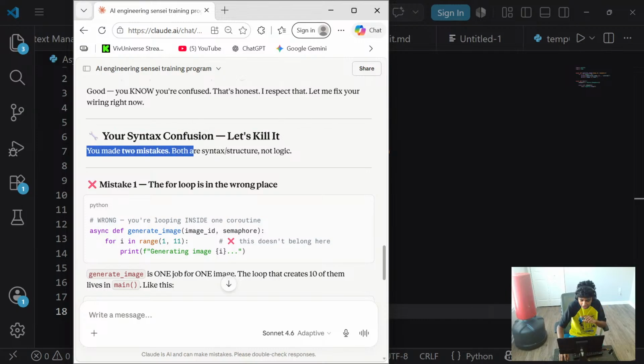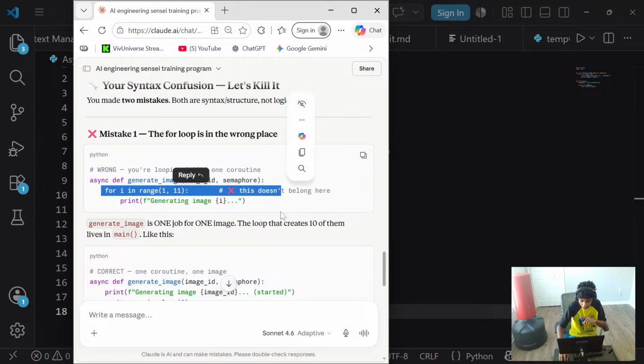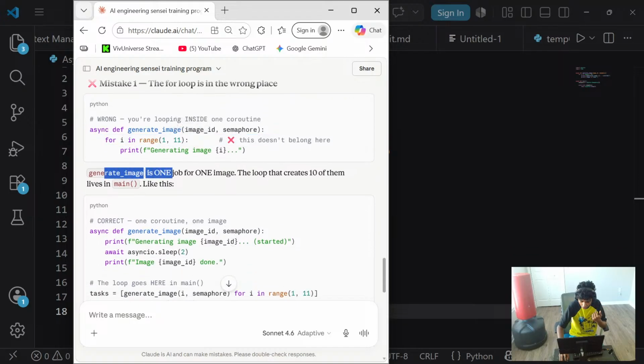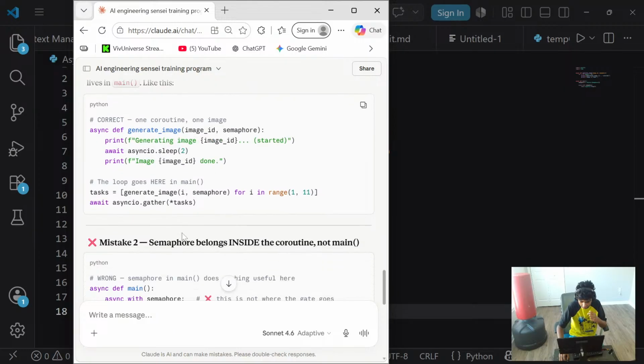Okay, you made two mistakes. Both are syntax slash structure, not logic. Mistake one: the for loop is in the wrong place. This does not belong here. generate_image is one job for one image. The loop that creates 10 of them lives in the main function. So the correct coroutine: you do that, you await, you do that. The loop goes in here. So tasks equals generate_image(i, semaphore)